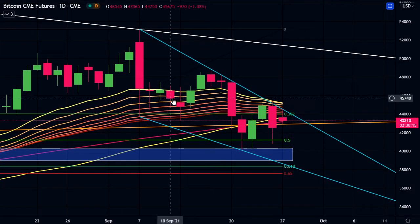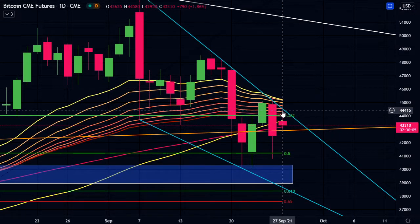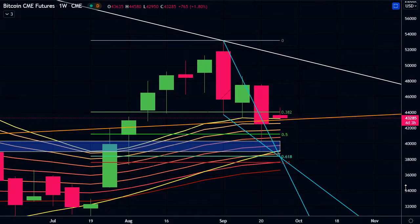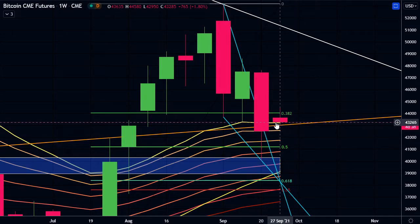Looking at the EMA ribbon here on the daily on the futures chart, we can see that we have got rejected off of this also. However, looking on the weekly chart here, we can see that we are currently above the weekly EMA ribbon, even though we did close inside the ribbon. On opening, we did open above the ribbon, actually at 43.6, and we have pulled back to the top of